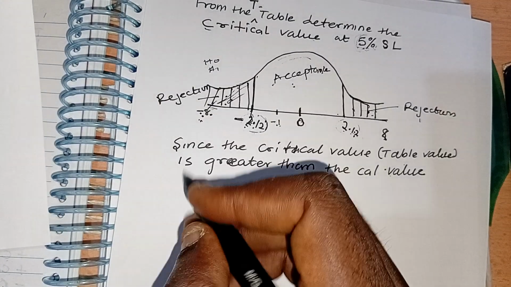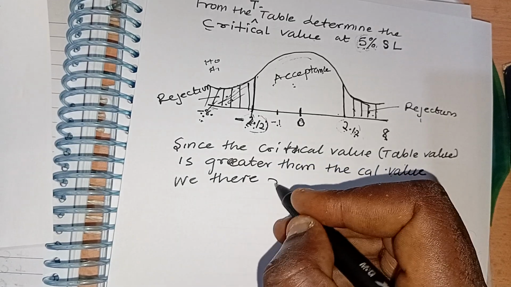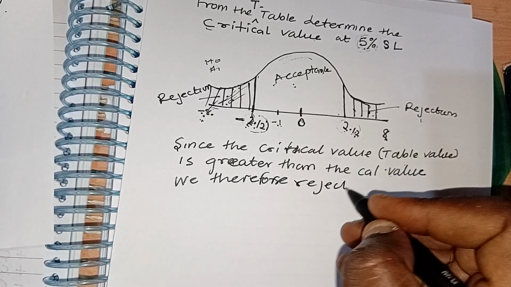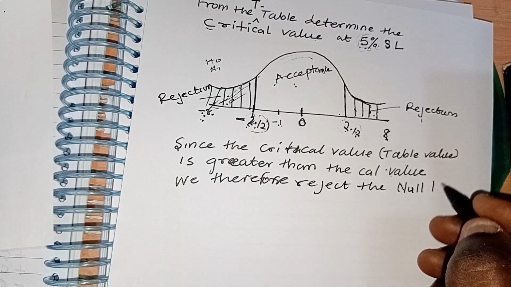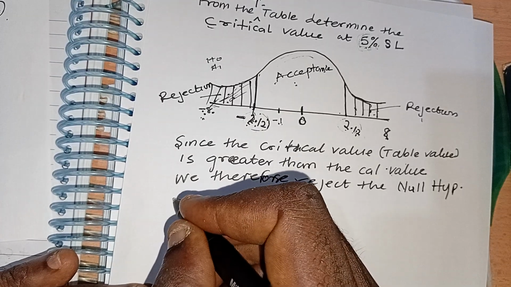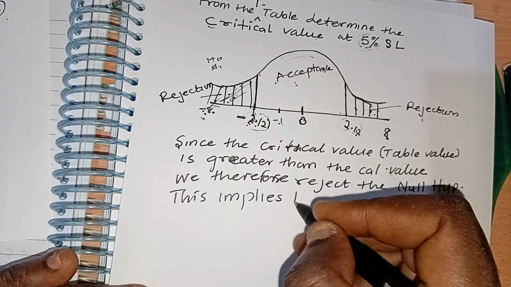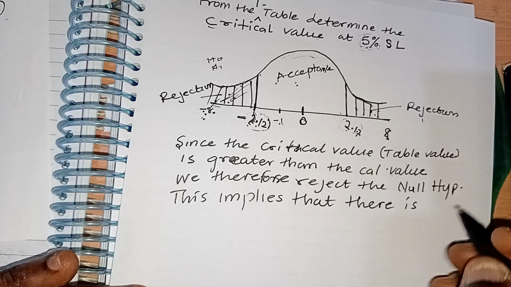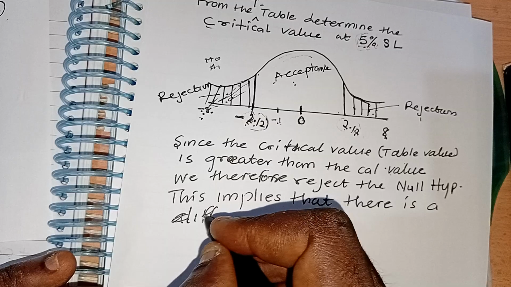Therefore we reject the null hypothesis H0, which implies that there is a difference